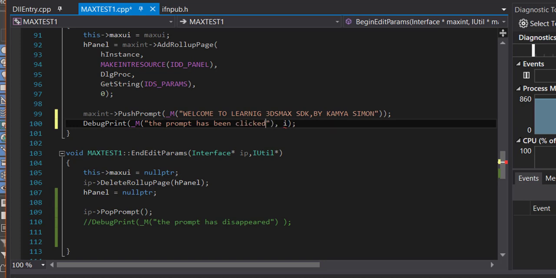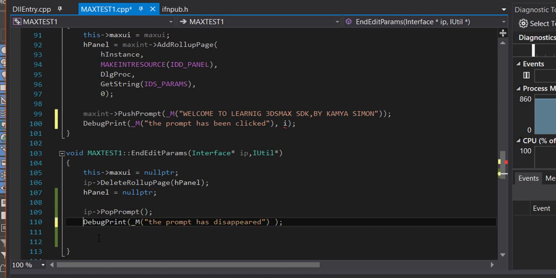Then we go to the other, we debug again, that the prompt now has disappeared.